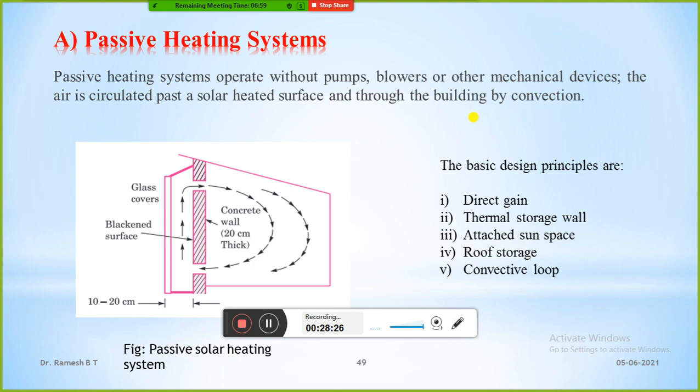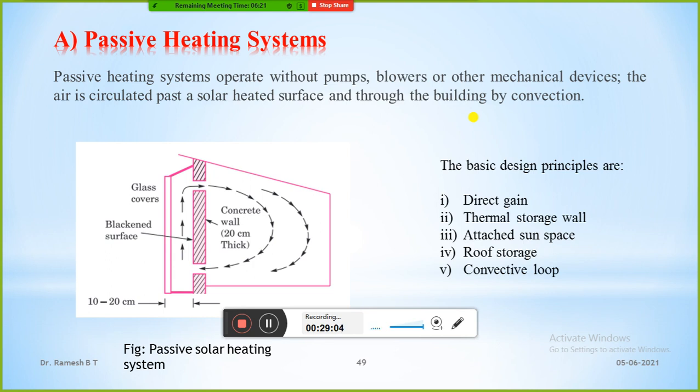Okay, we can move on to the next type, which is the attached sun space. In the figure you just observed, it's an attached sun space. A sun space is a very enclosed space that acts like a greenhouse, with a glass wall on the south side. A sun space may be attached to a thick south wall of a building to be heated by the sun,